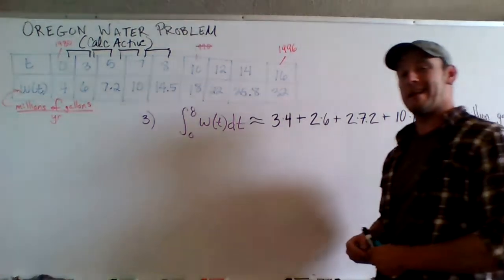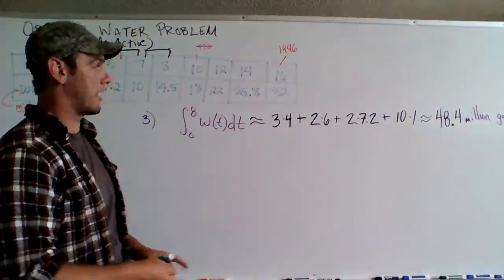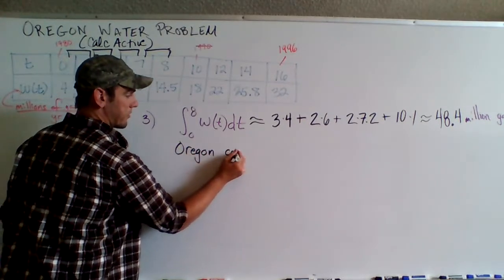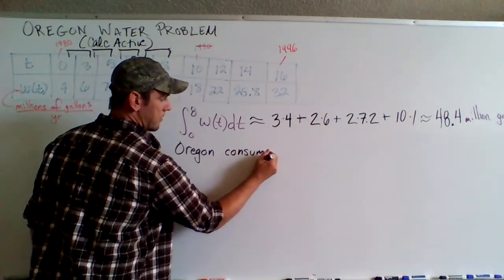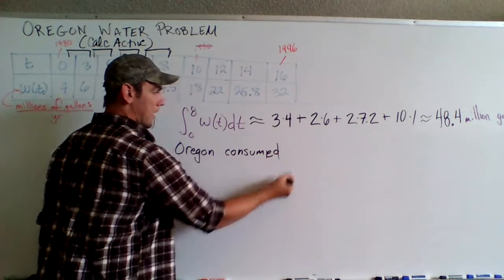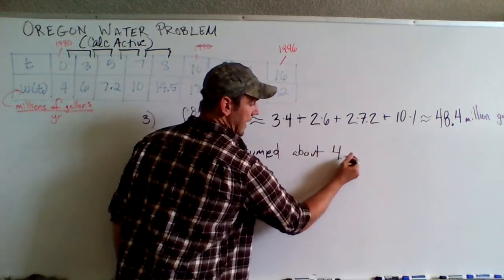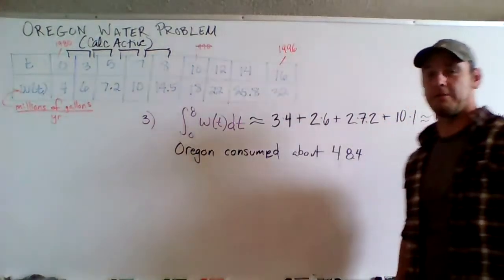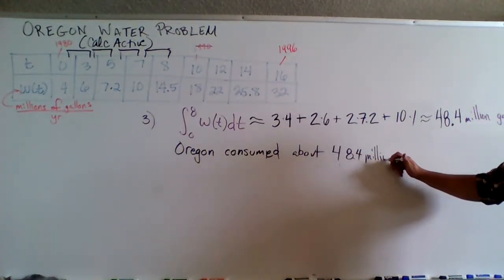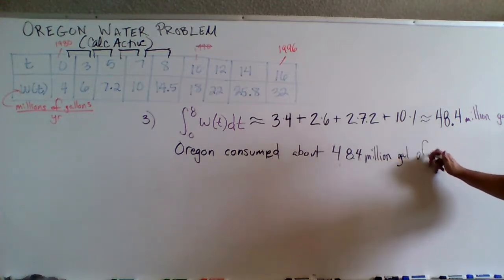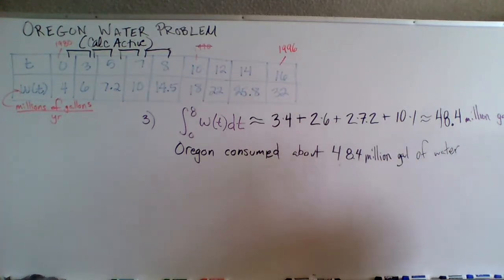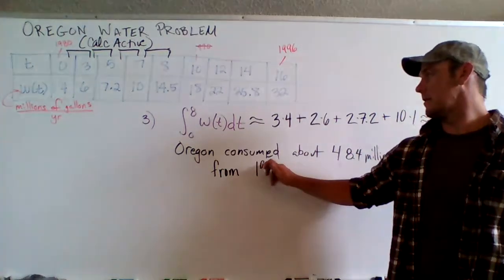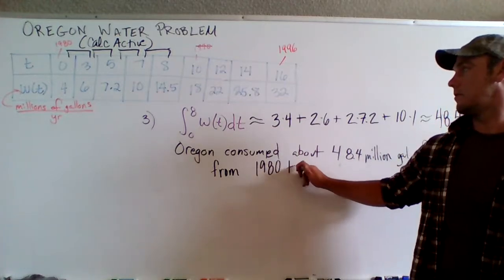Okay, so interpreting this in the context of this problem, I would say Oregon consumed about 48.4 million gallons of water. And then we want to give our time interval. We went from 0 to 8, so from 1980 to